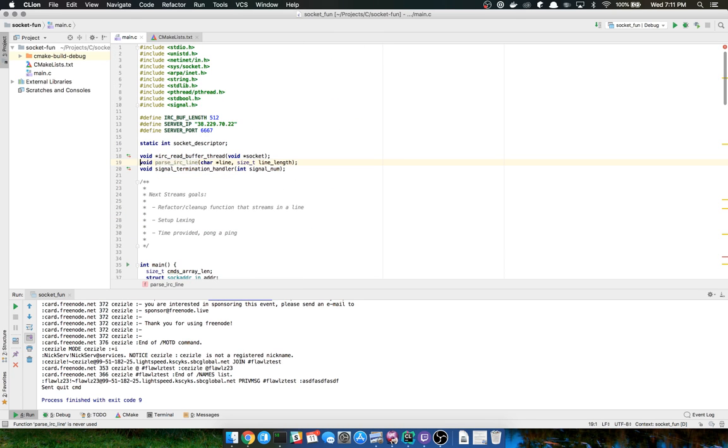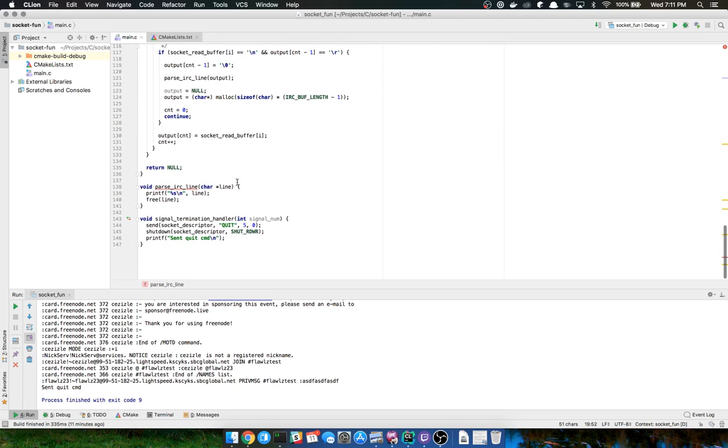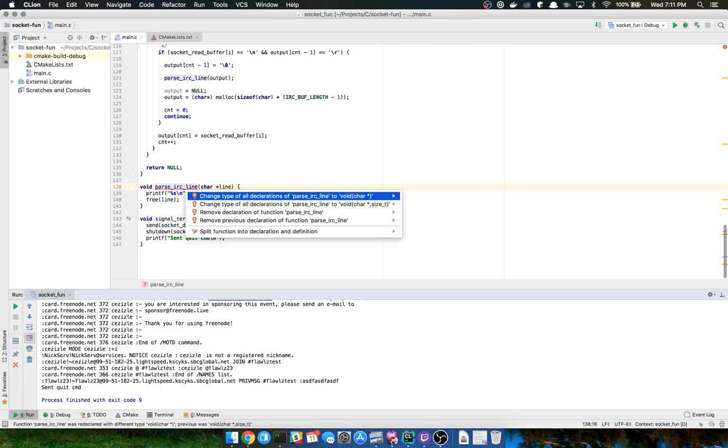Now we changed the prototype of this function. The nice thing about CLion is that it has refactoring pieces to it, so maybe I ought to demonstrate this IDE. It's a nice one. Just by pushing Option Enter on my computer, I was able to pull up this little refactoring thing here.